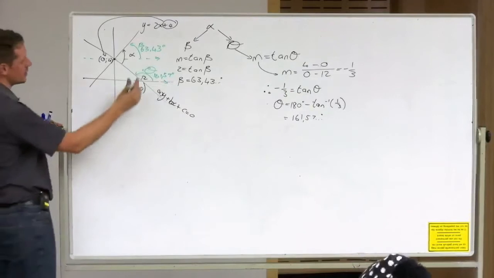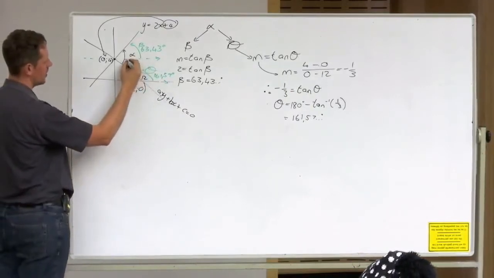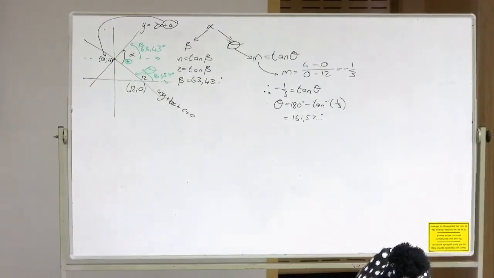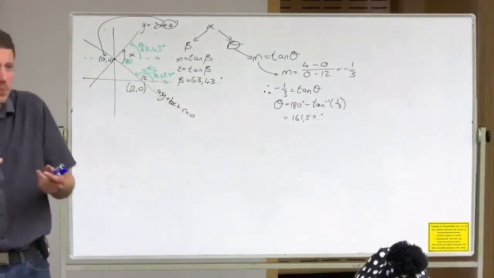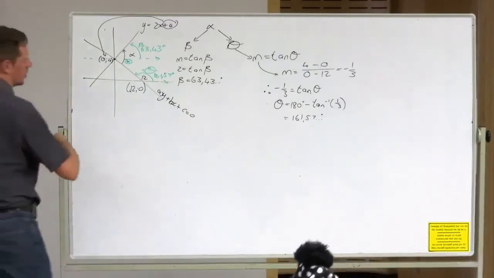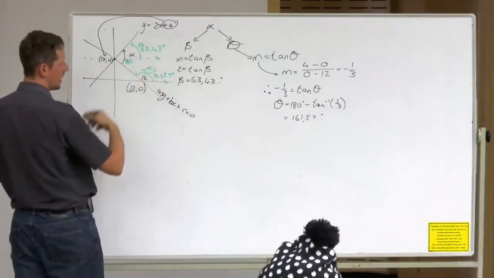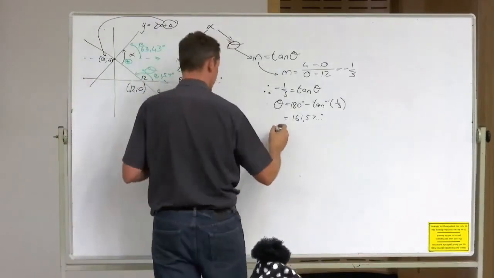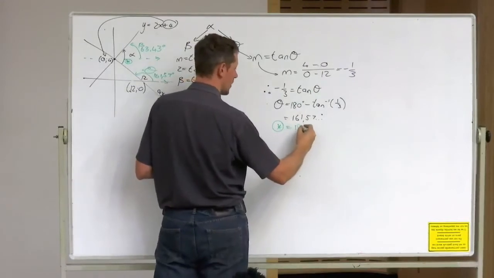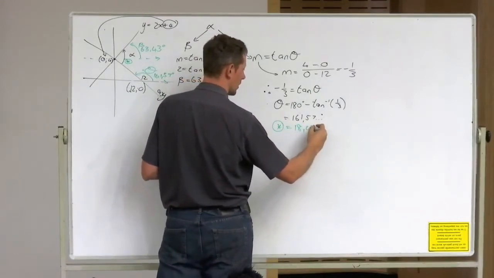What is the relationship between theta and that little star there? You've got parallel lines, so these two have to add up to 180. So little star is equal to 18,43, because of co-interior angles,